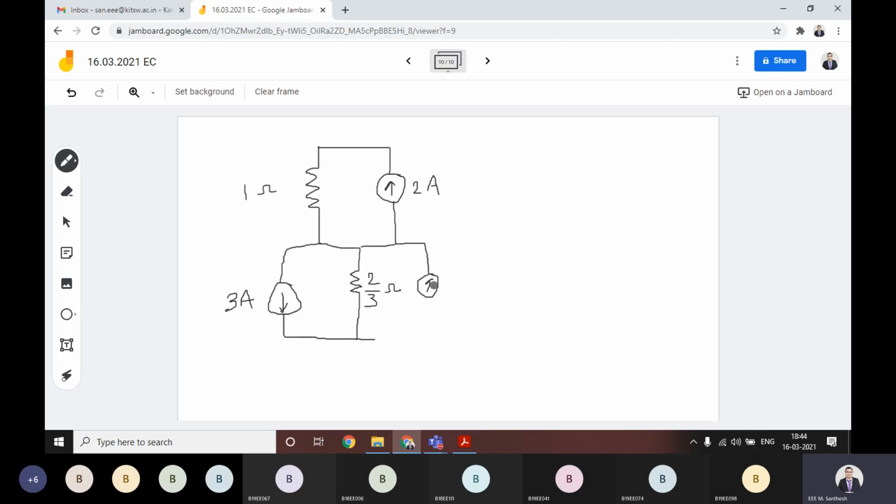Then this is in parallel with 5 ampere. Okay, then you can see this current is 3 amperes and this is 5 amperes. Both are in parallel. What is the combination? If one current is going this way with 3 amperes and the other one is going this way with 5 amperes, how I told you, if the current sources are in parallel,